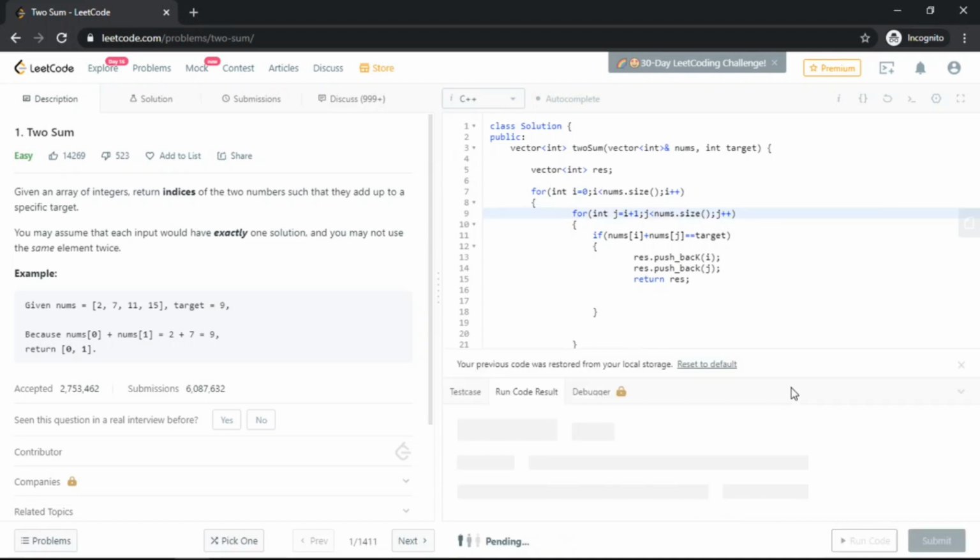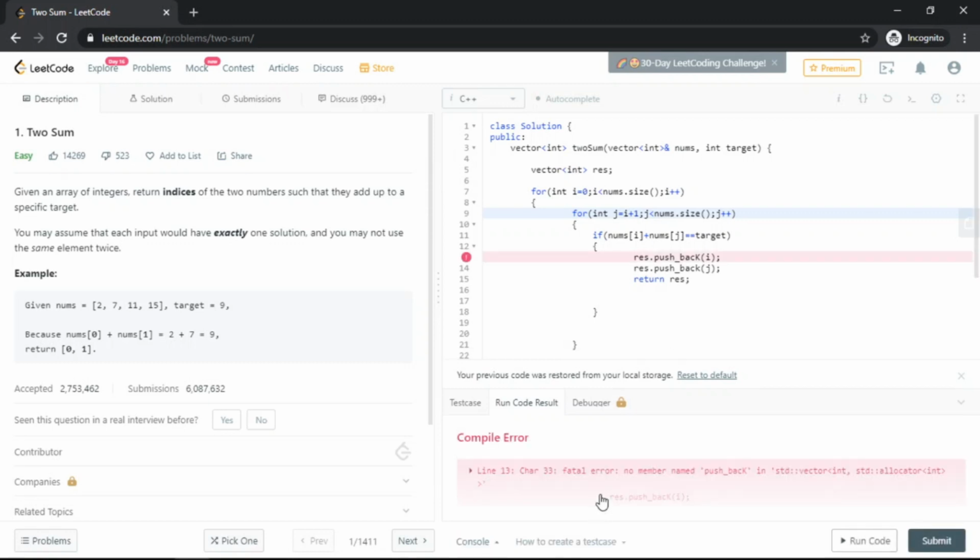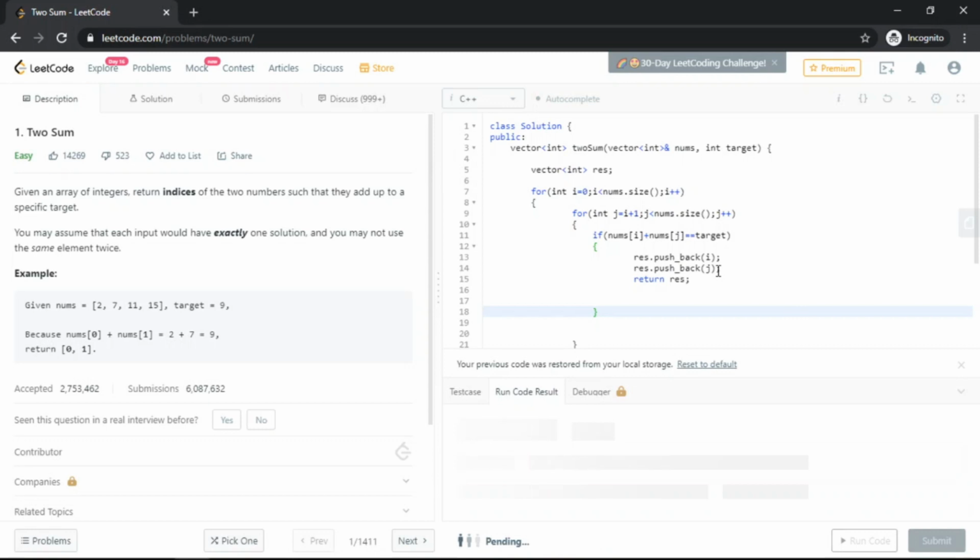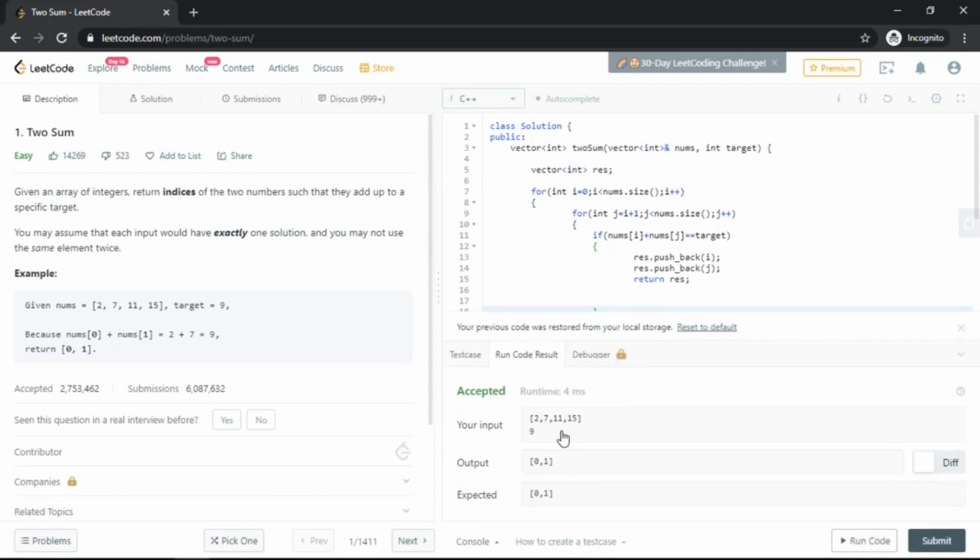Okay, so let's run the code and check whether it accepts our solution or not. We have an error here. Sorry, it's push_back. Okay, let's run it again. This is a sample test case that is shown here, and it's successful.